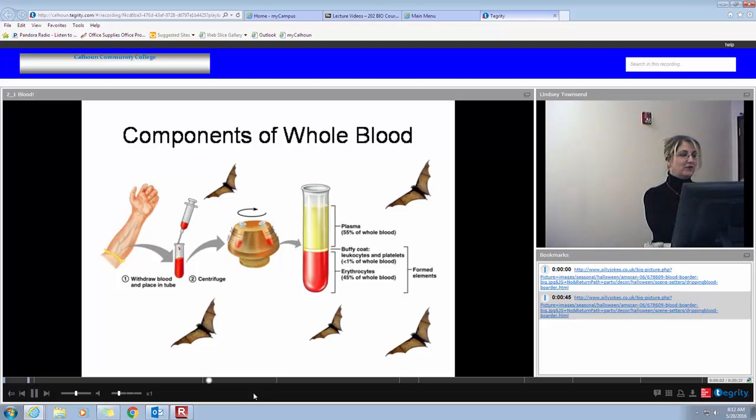All right, so the first thing you would have to do is to draw your blood sample. So, out of the blood vessel into the test tube. Now, from there, you want to place this test tube into a centrifuge. Now, what a centrifuge does is to spin at a very high rate of speed, and the centrifugal force,